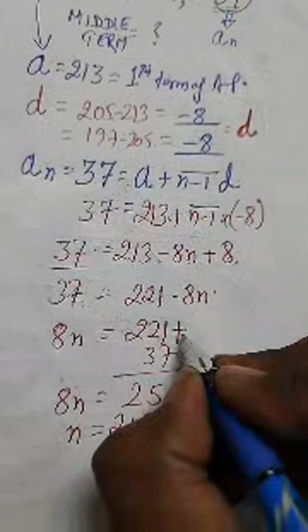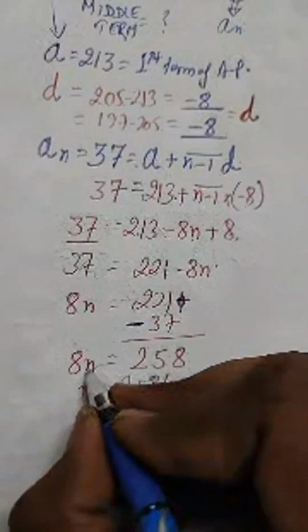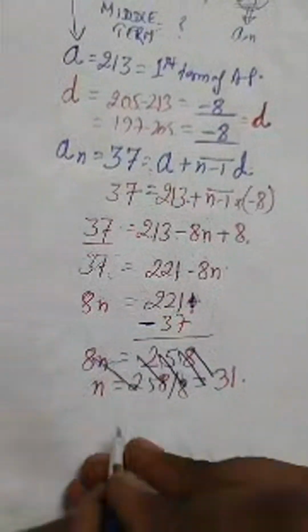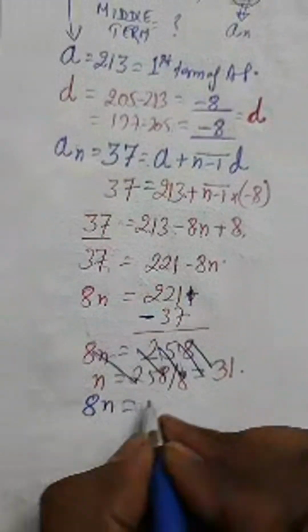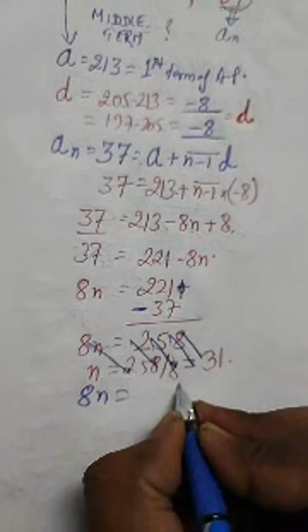So this will not be added, this will be subtracted over here, right? So this will give you the value of 8n as 221 minus 37,